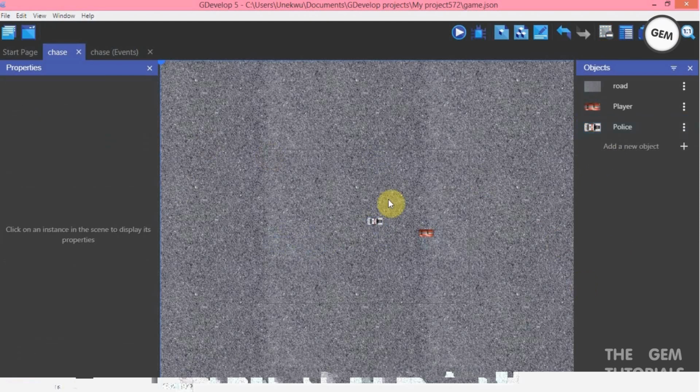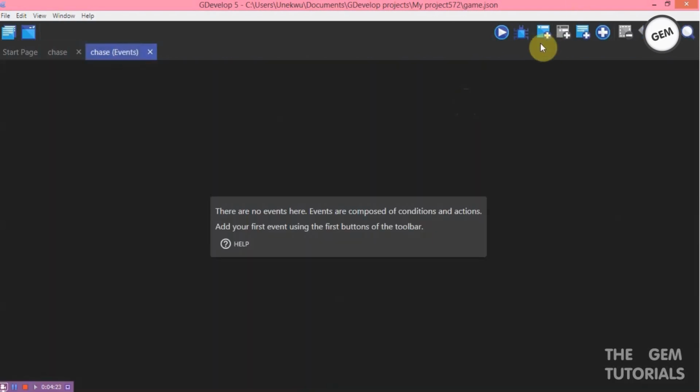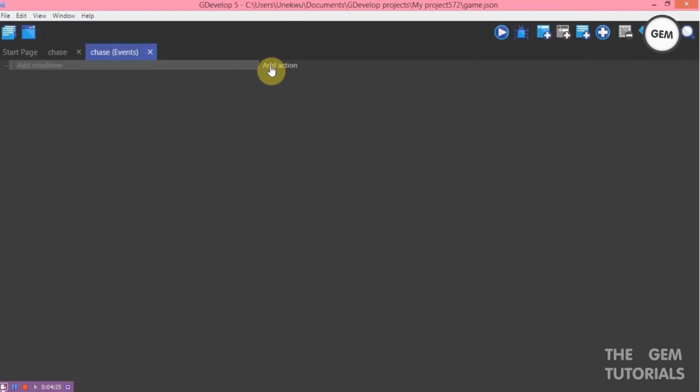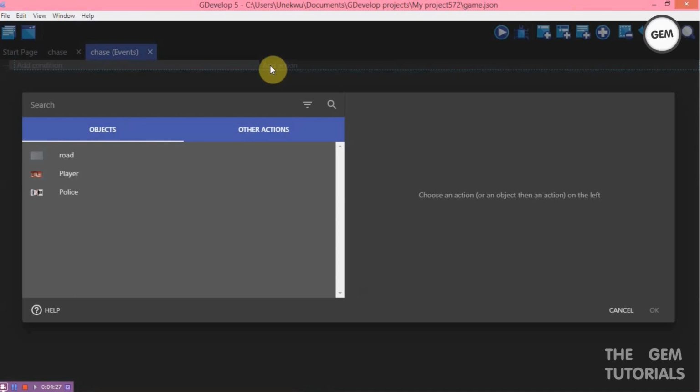Okay, so now we need to add the car. We need to add a condition so it rotates the car in the direction of the mouse. So chase, add an empty event, add a condition, rotate. Okay, we need to select this. This is a new